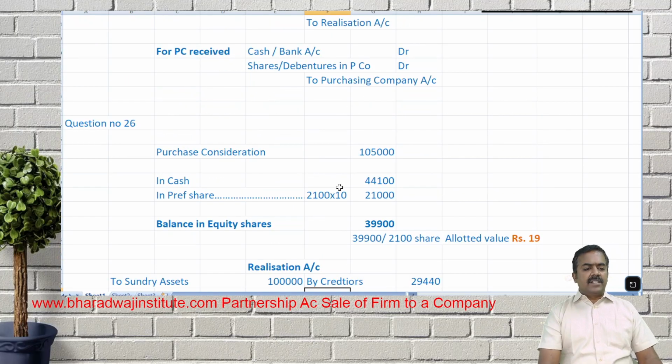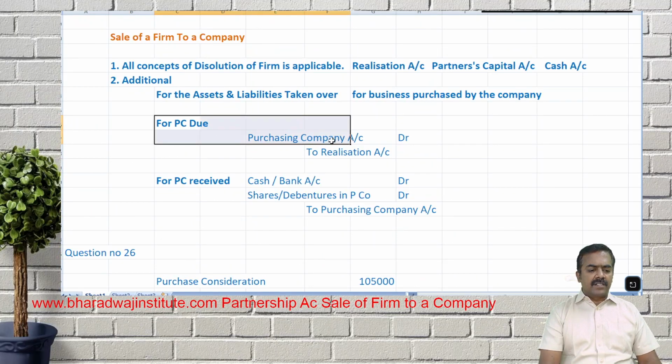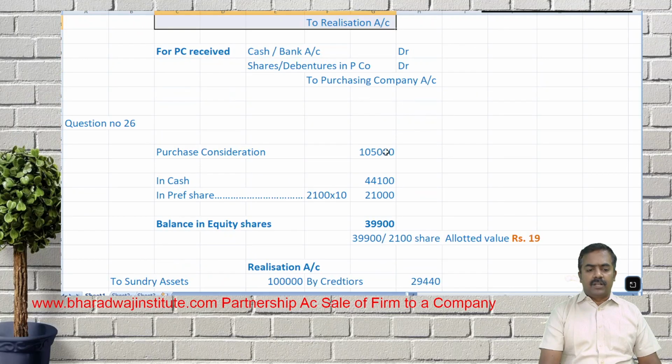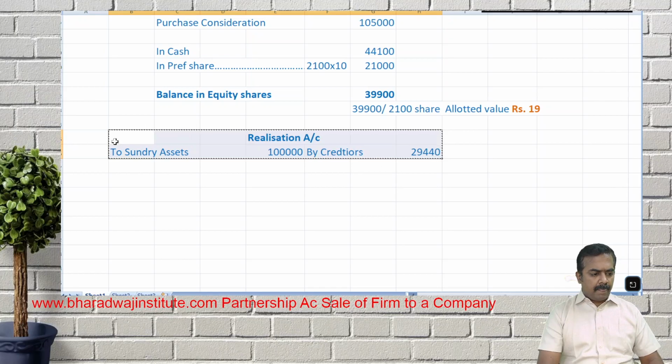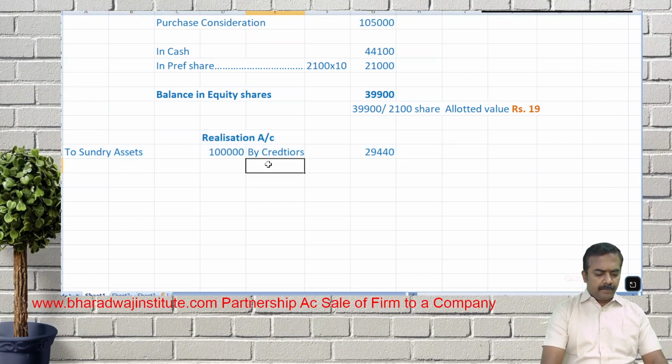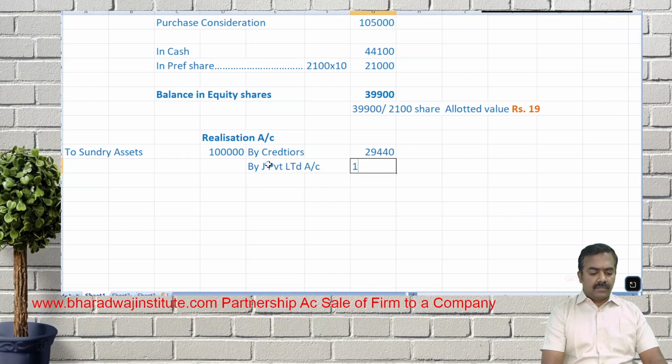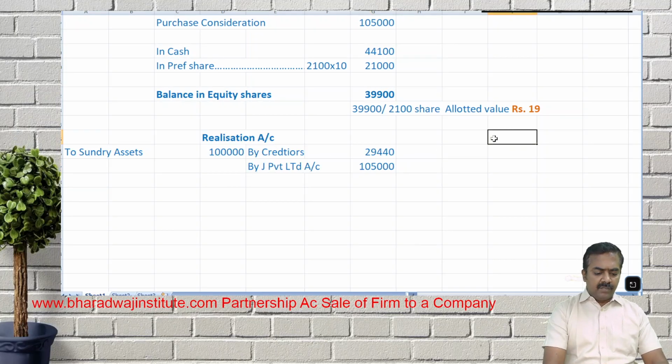Okay. For purchase consideration due, what is the entry we passed? Purchasing company account debit to which account? Realization account. How will this be posted? By purchasing company. Who's the purchasing company? Jalan Private Limited account. How much? Purchase consideration? 1,05,000. Then pay. If you prepare Jalan Private Limited account to realization,